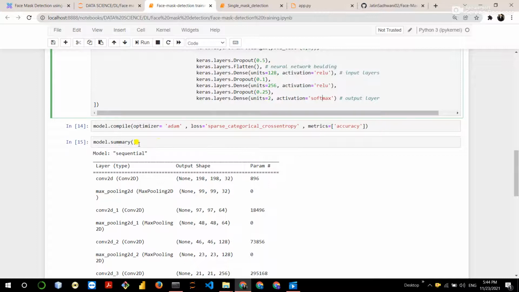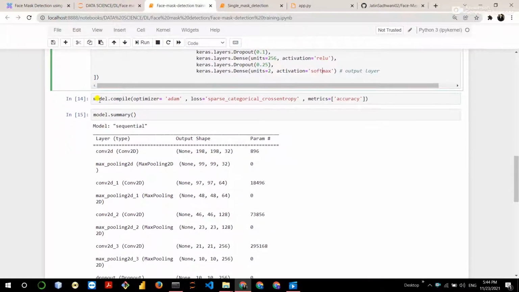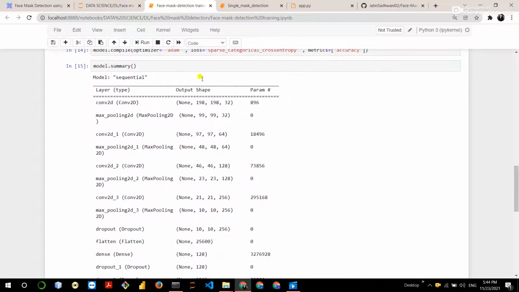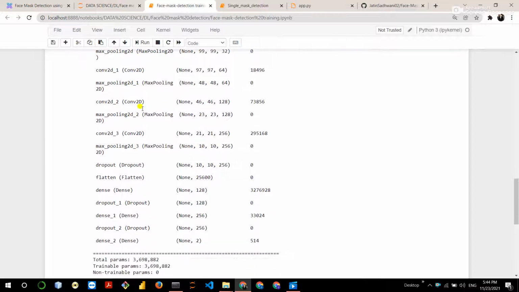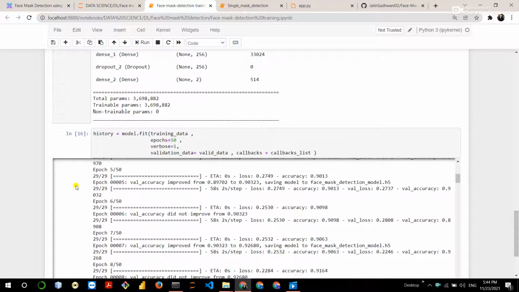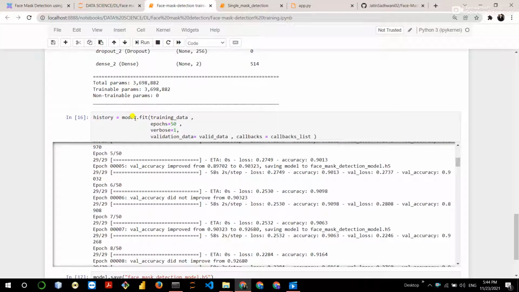Then after this I compile the model with loss equal to sparse categorical cross entropy, then check the summary of the model, as you can see here. After this, finally train the model with the training dataset and the validation dataset for 50 epochs.